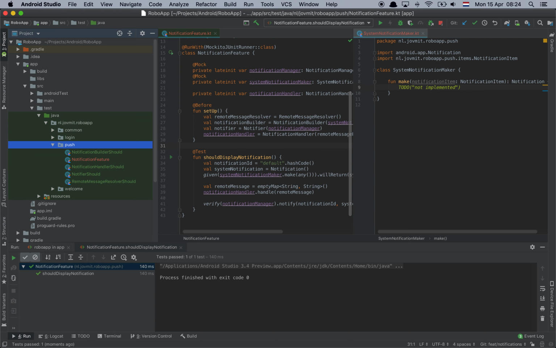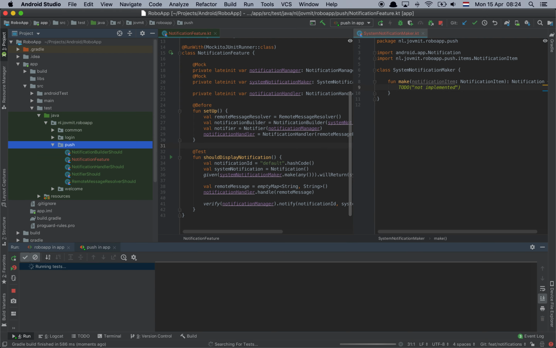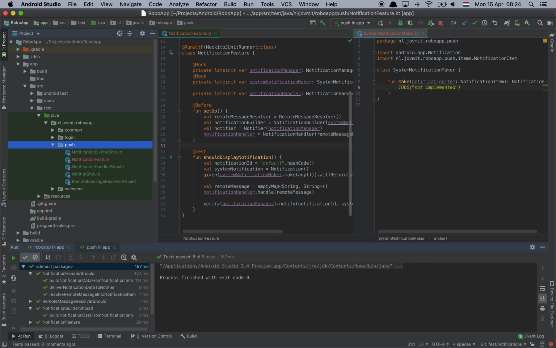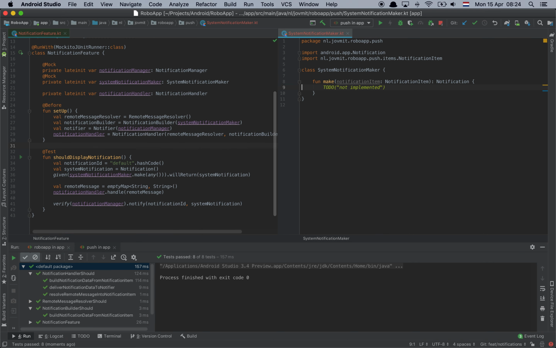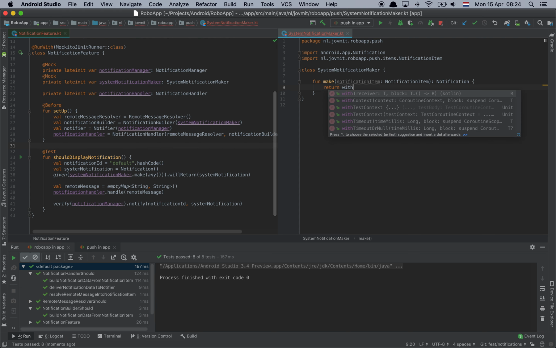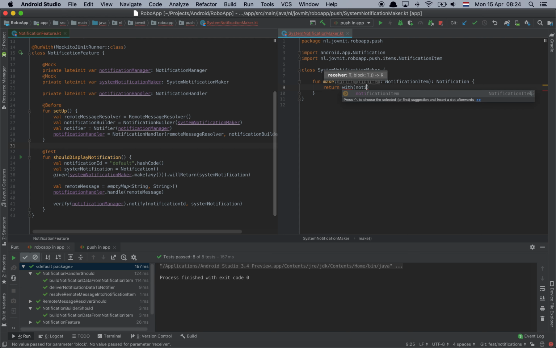And even if I go here and run all the tests at once, everything's working fine. So I have the feature, but one thing is missing here, which is this guy here. How do we create a notification out of a notification item? I'm just going to use the with thing again, so I can access all the things of the notification item right away. So I need to return